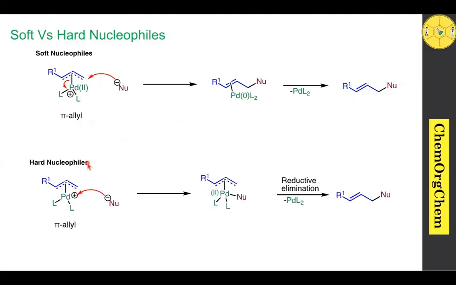Here you can see that when we use a hard nucleophile, this nucleophilic addition step is slightly different. Now the nucleophile directly attacks the palladium center, which then produces the corresponding palladium complex, which undergoes reductive elimination to produce the corresponding allylic substitution product. Especially here you can see why the nucleophile particularly attacks the terminal carbon, and why not this carbon or this carbon. So let's explore the